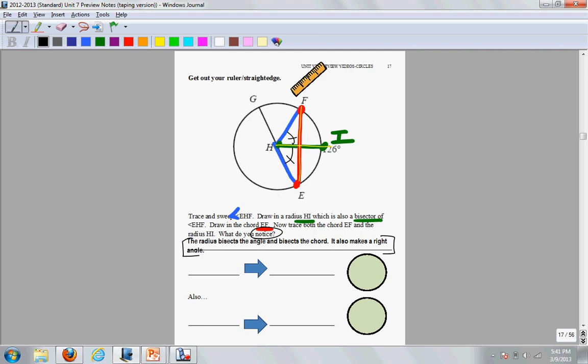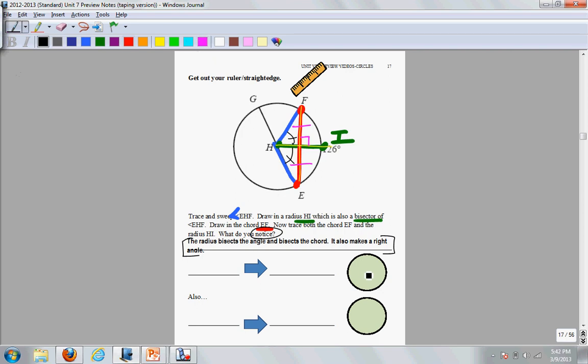So the radius that bisects that central angle both bisects the chord and makes a right angle. Those are the two things you should have noticed. Go ahead and draw those in. Makes a right angle and bisects. Which leads us to our most important concept